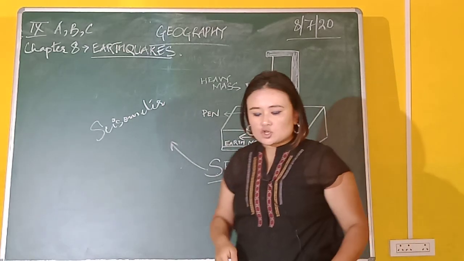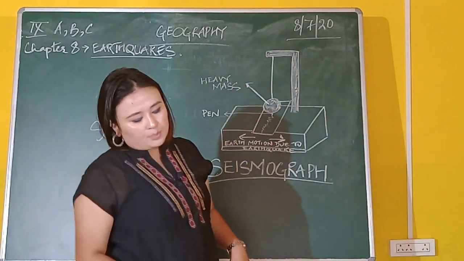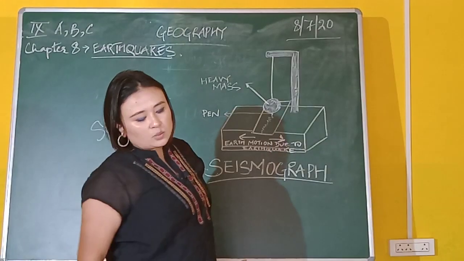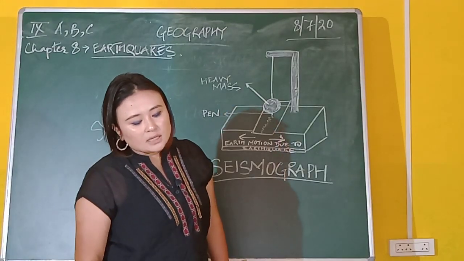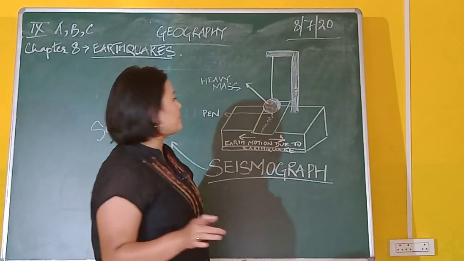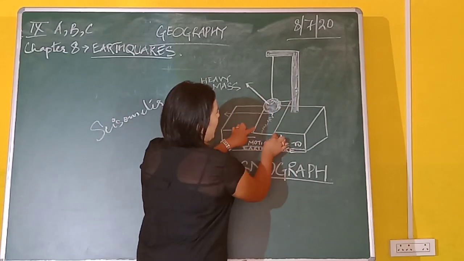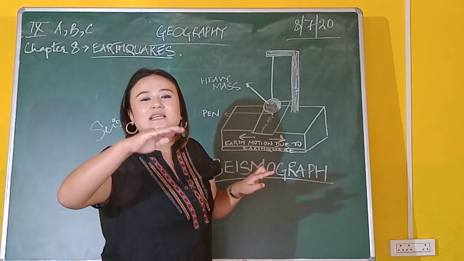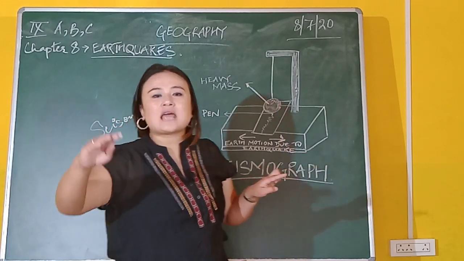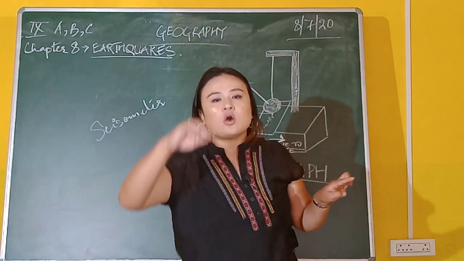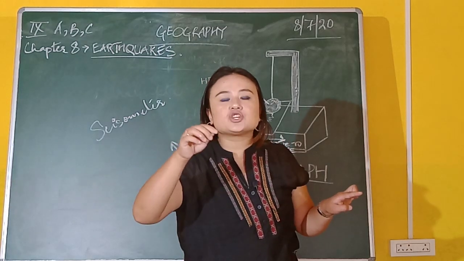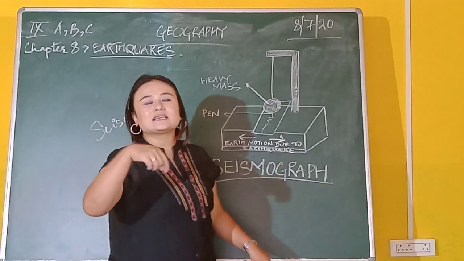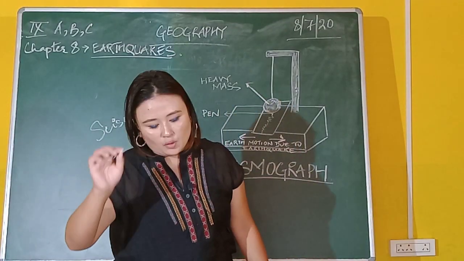So let's deal with the explanation of this diagram. Your pen vibrates with the earthquake waves. This pen I am talking about, it is vibrating with the earthquake waves, recording the movement on a traveling strip of paper. So this paper that you have here, this is your traveling strip of paper. That paper is moving as the seismic waves are hitting the region. Automatically, on a traveling sheet of paper with the help of the pen that you have here in the seismograph, the motion is being recorded there.